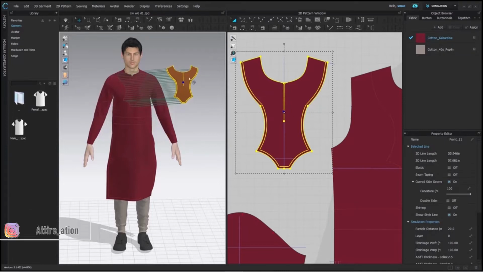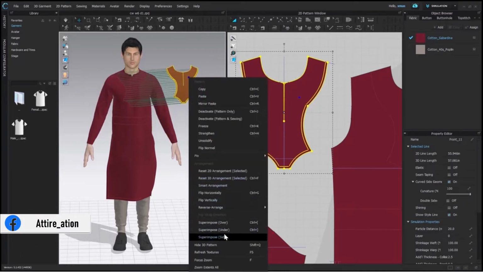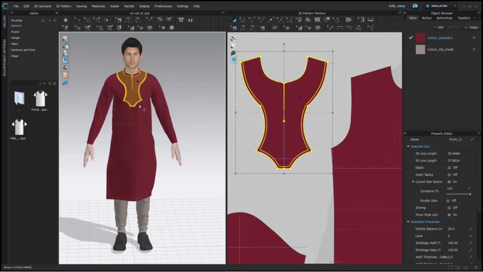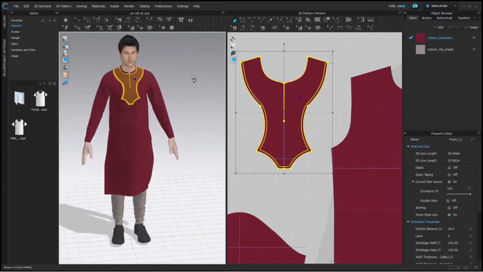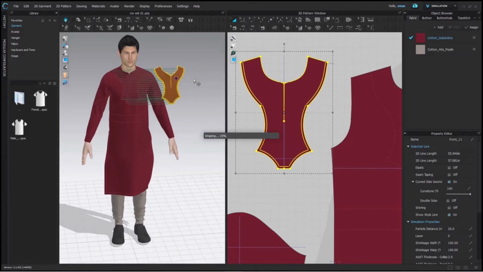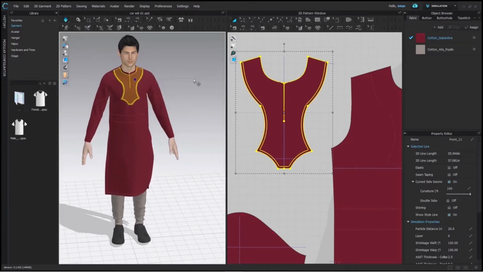Our first impose option is superimpose over. As you all know, over means one thing on the top of another. So this is what we got. It's nicely placed over our kurta, but when we do the regular simulation, you know how it works. It goes wherever it is to attach over our project and creates distortion all over. But with the help of this, we can avoid the distortion.